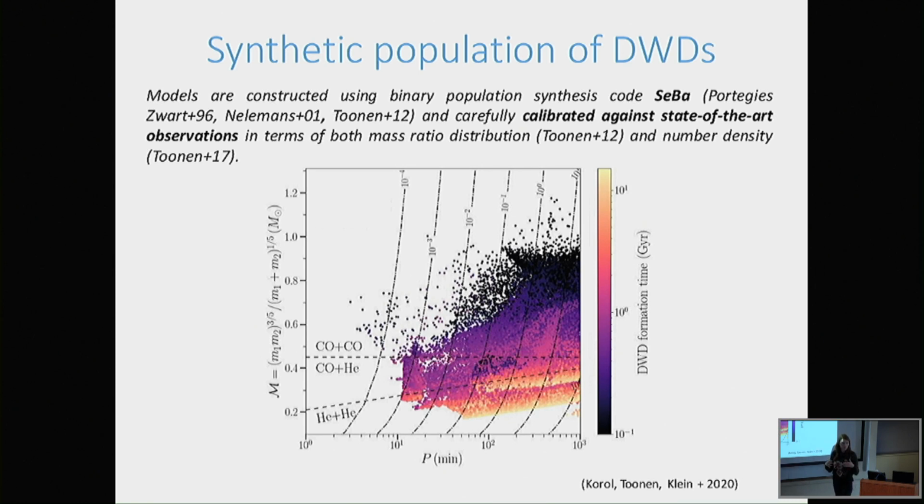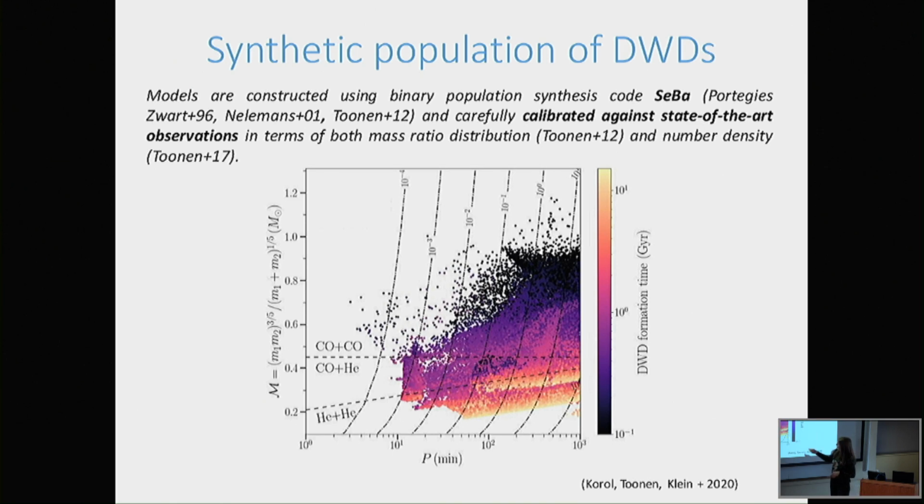We initialize them at the zero age main sequence and evolve them until both turn into white dwarfs. These are their orbital periods and chirp masses, which is the quantity that we will observe in gravitational waves. They tend to occupy this lower right corner of the parameter space. Their typical chirp masses are around 0.5 solar masses, and their orbital periods extend down to a very low value, up to hundreds of days.